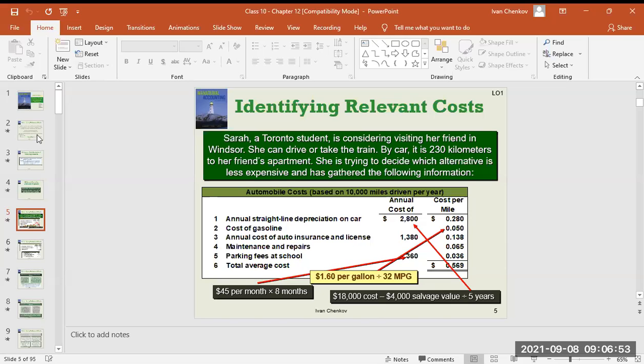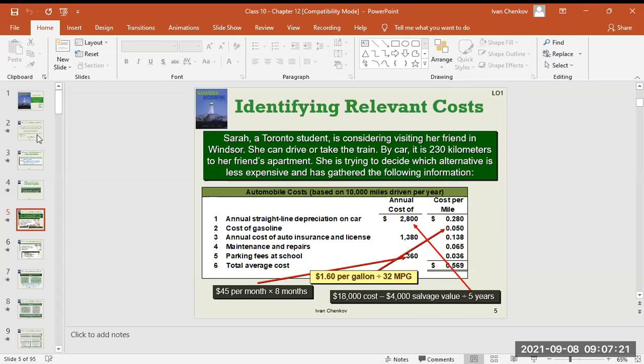If she decides to go with her car, she has to drive 230 kilometers in one direction to her friend and partner. Now, she's trying to make a decision. Which alternative is less expensive? Again, the two alternatives are to go with her car, or to go with the train. Now, there's some information which is provided,